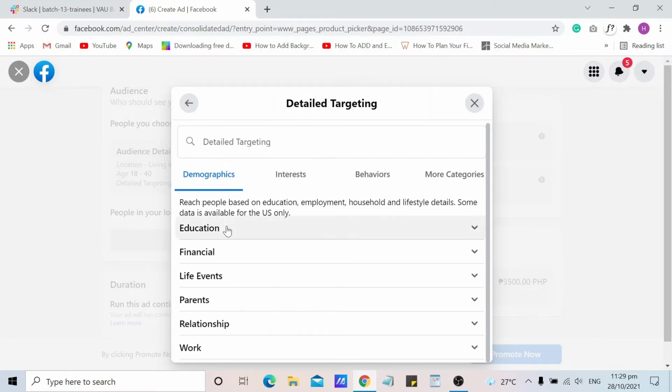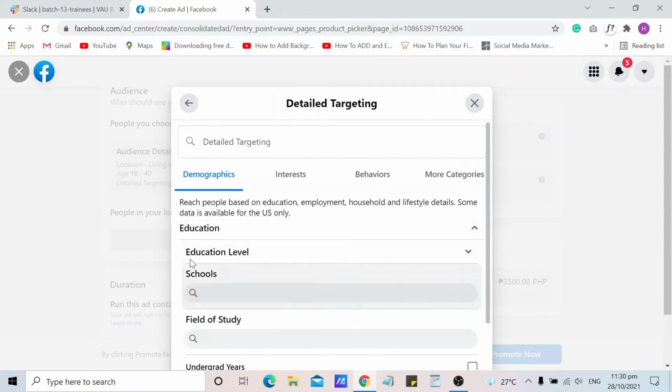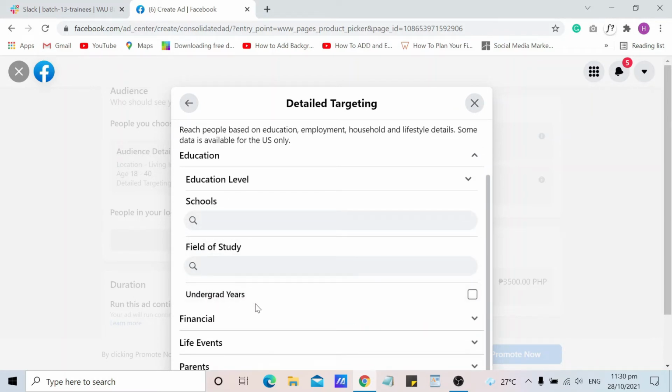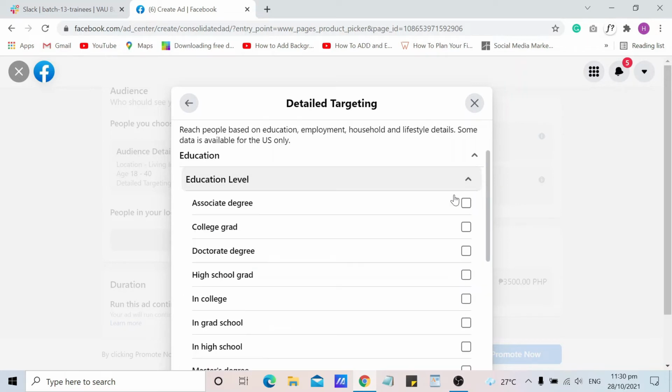In the demographics, you can choose education, financial, life events, parents, relationship, work. Under the education is education level, schools, field of study, undergrad years, associate degree, college grad, doctorate degree, and so on and so forth.